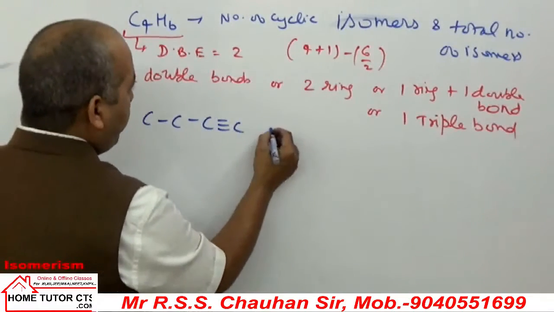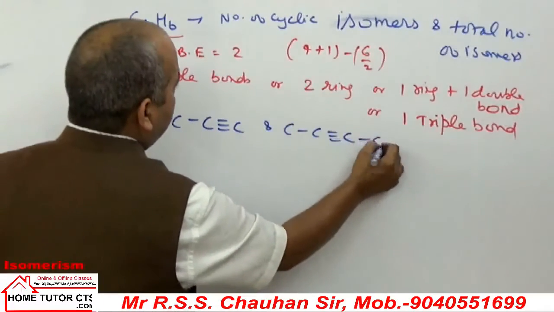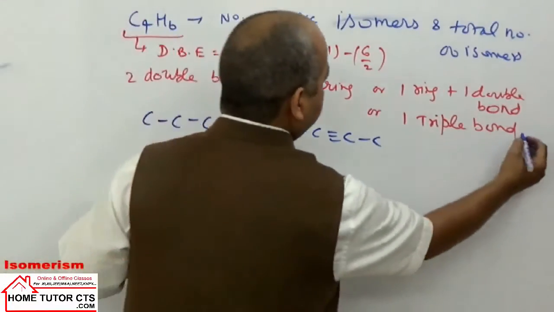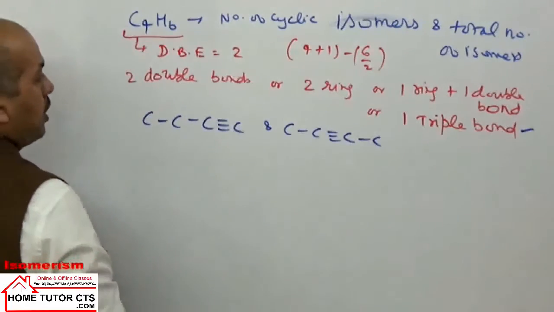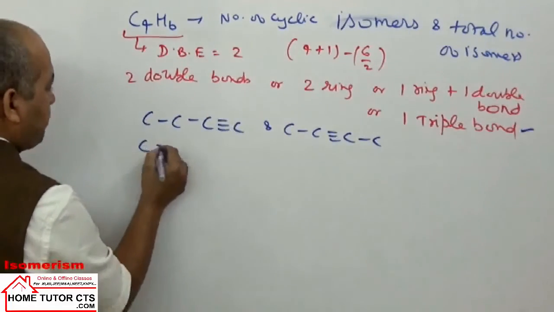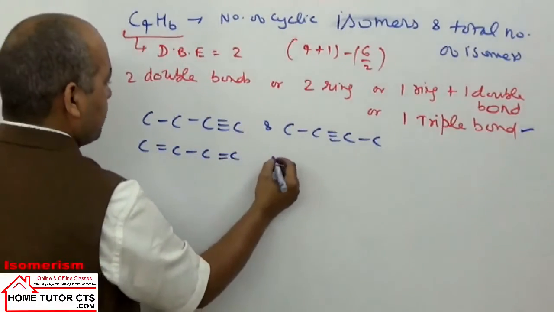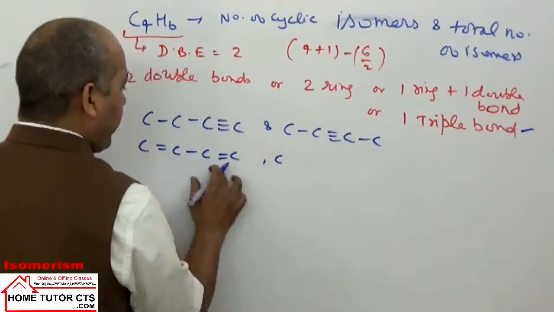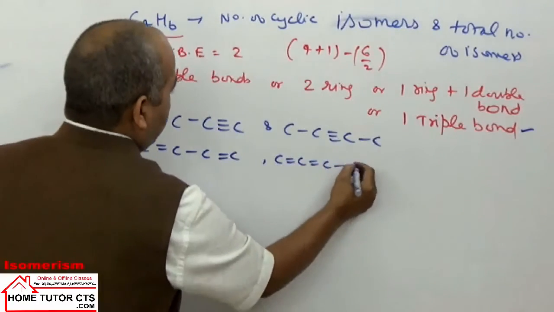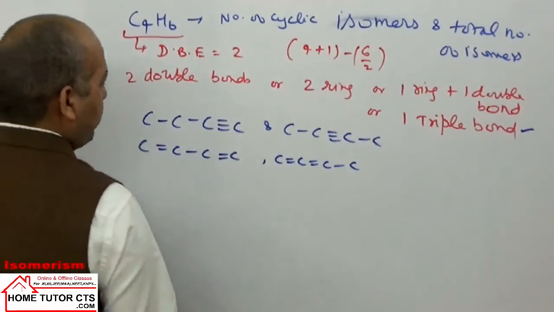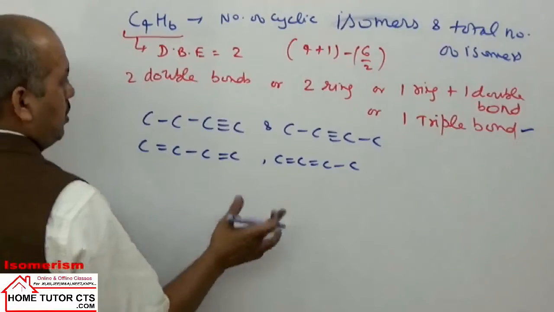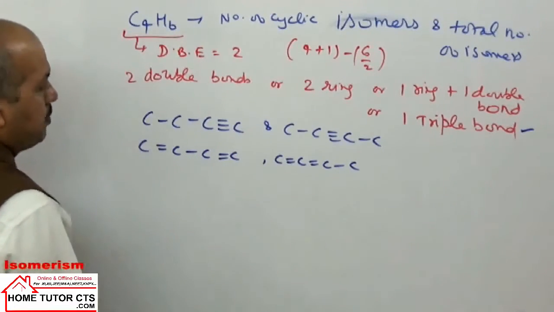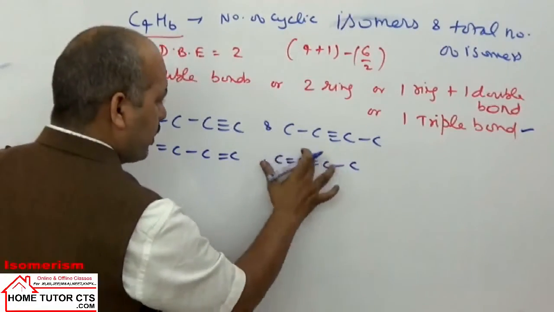1-butyne and we can have 2-butyne. No other combination is possible in this formula of alkynes. Now we take the combination of compounds having 2 double bonds. Allenes you can have in this case, then it is a diene, and an allene system you can have in 2 double bond compounds. Okay, double bond here or here or here or here is the same.